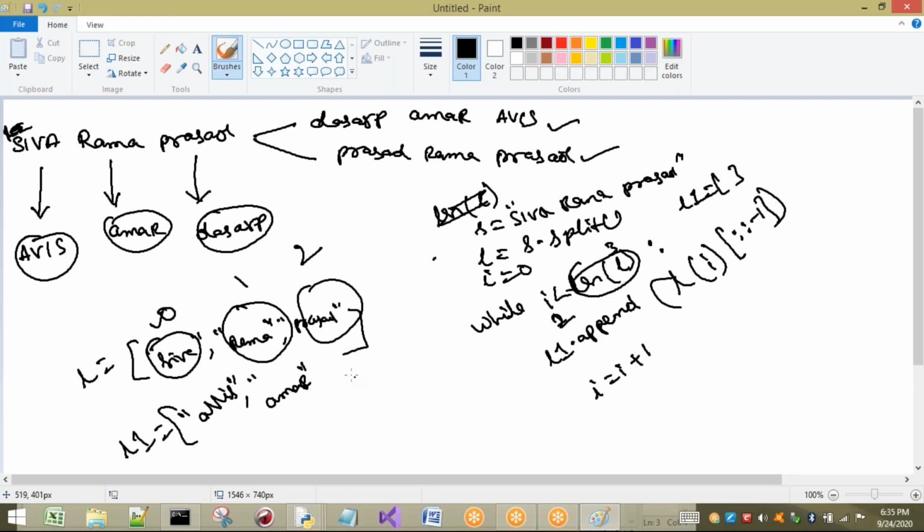Again it will go to this one and it is going to reverse the given string. In this way the string is going to be reversed, and next the I value will be 3. Now the I value will be 3. Is 3 less than 3? No. The condition fails. If the condition fails, I will come out of this loop.